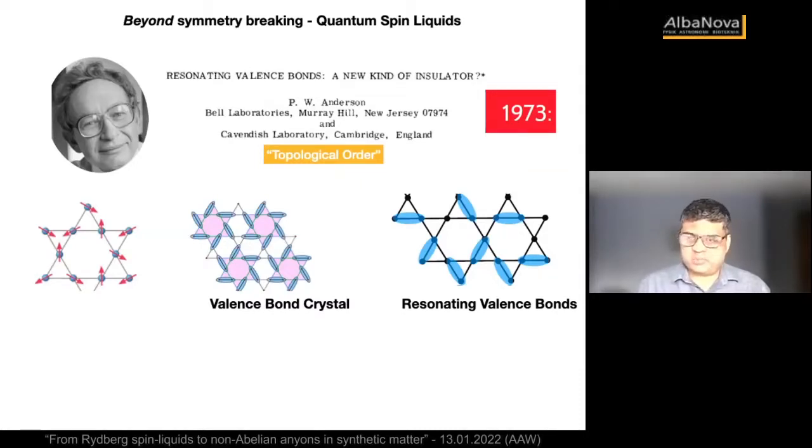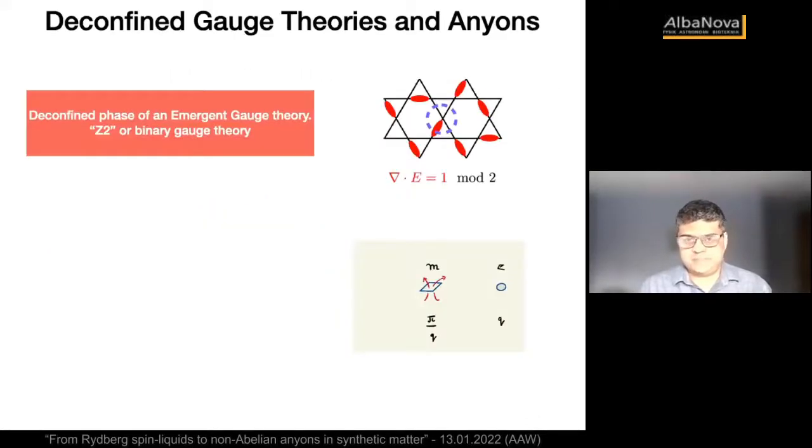So at this point, it was a picture that he had, and he proposed this could happen. But we have learned since then that not only is this picture correct conceptually, but even just having this kind of cartoon starting point, you can fill in a lot of the details of the theory describing such a state. Okay, so one connection that was made a few decades later was that there's a close relation between the kind